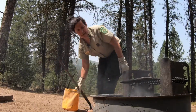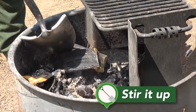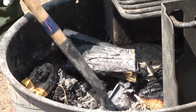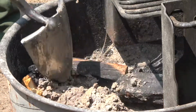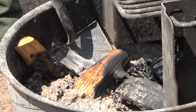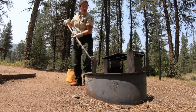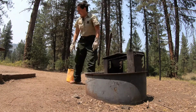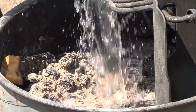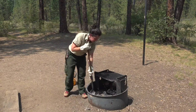But the next step is to take a shovel, then use the shovel to dig around and make sure that the water is getting down into those hot coals that you've created while you were having your fire. So once you've stirred, go ahead, grab the water, add some more, stir again,